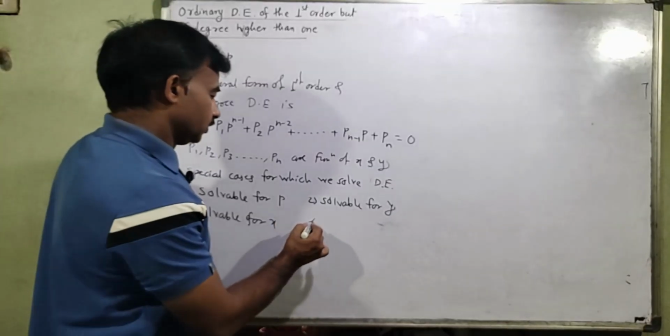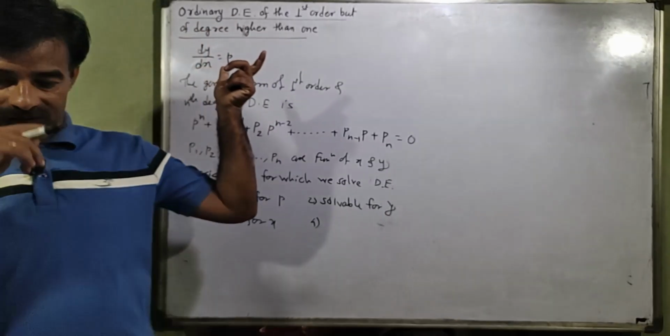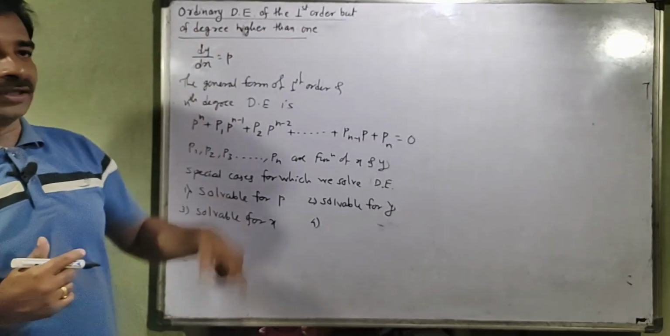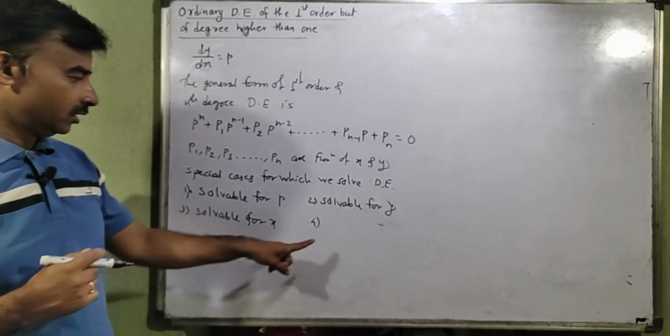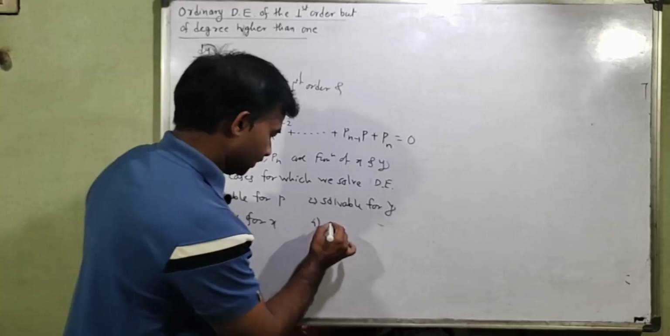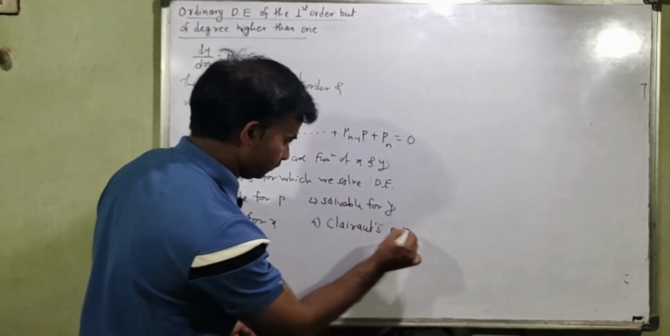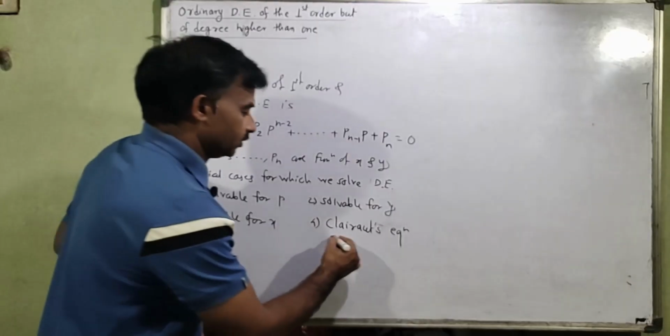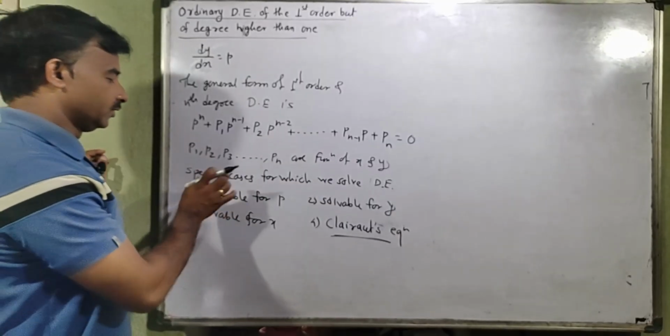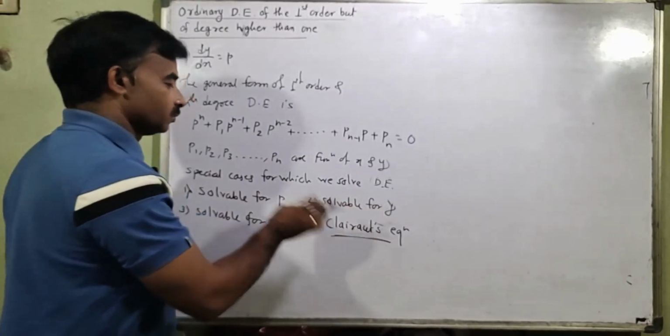and the fourth one is the most important thing, which is related with the ordinary differential equation of first order and degree higher than 1, and this is the most important special case for solving, and it is nothing but the Clairaut equation. This is the most important point inside this one. Those are important, no doubt about that. Solvable for p, solvable for y, solvable for x. But Clairaut equation is a special case which is